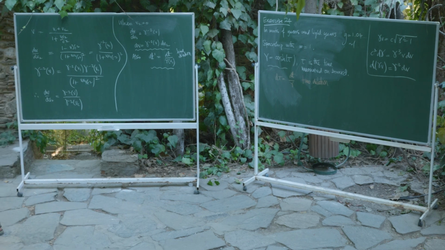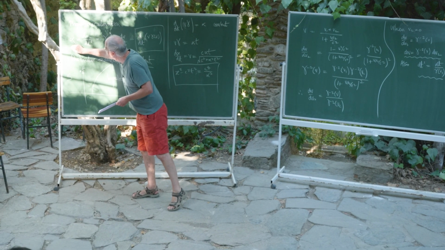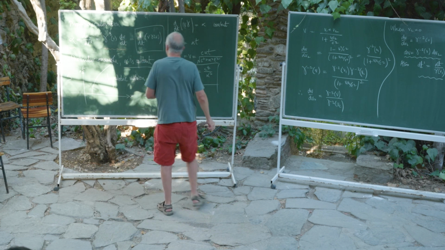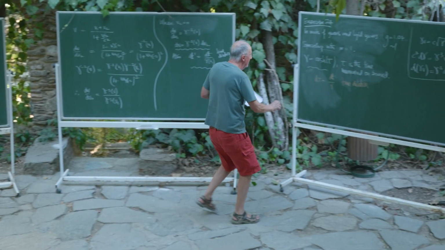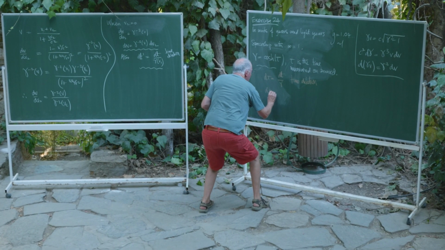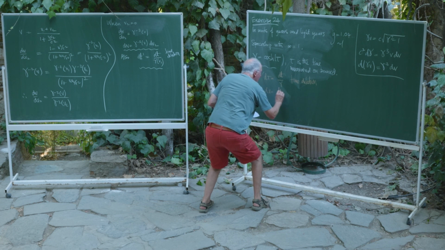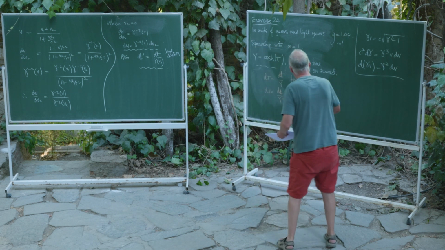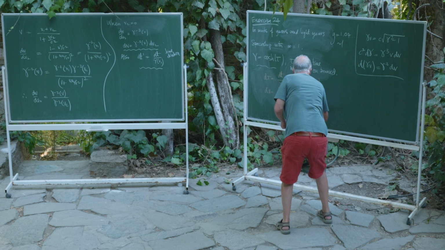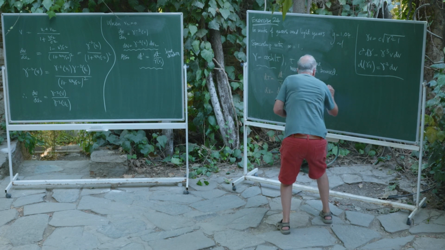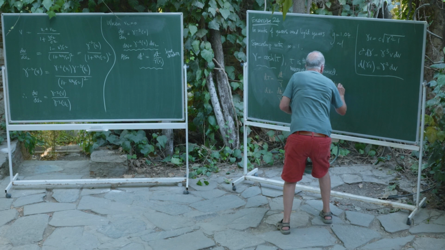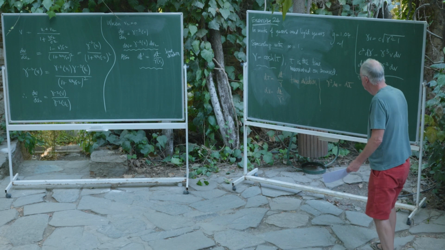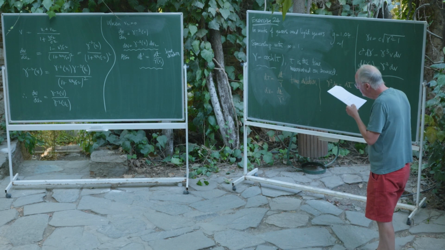And we know from this expression here that 1 is equal to gamma cubed dv dt, and therefore dv is dt over gamma cubed. And if we put those two together, we find that gamma squared dv equals d tau. Gamma squared dv is the same as d tau.